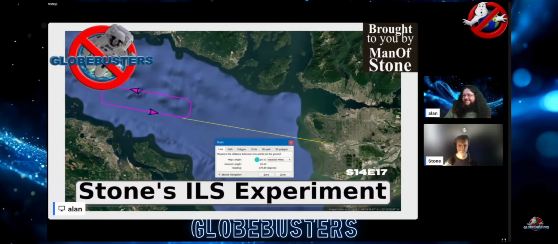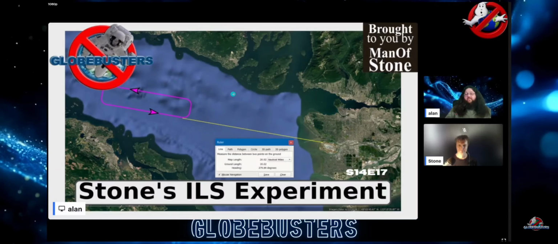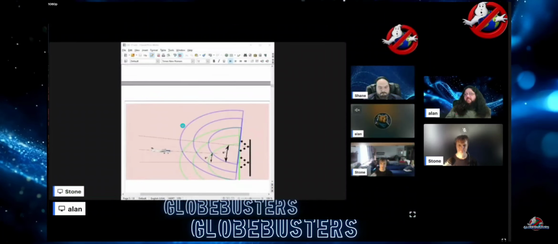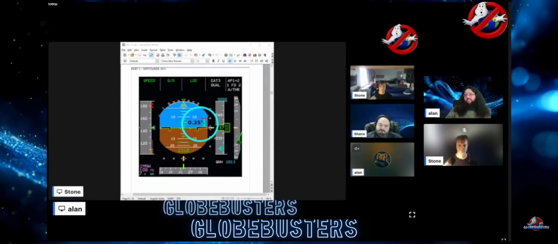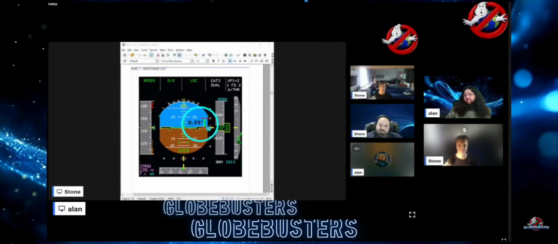All right, so we have episode 17, which is Stone's ILS experiment. Now this one is awesome because using plane radar, we have their three-dimensional position in space. Using their glide scope, here's what that looks like. Using cross intersections of radar that's being sent out at different angles as the plane's flying through it, we have their exact location, and so for distance-wise, we know where they're at relative to this radar system. Using their internal glide scope, we have their altitude based off of barometric pressure. We have their angle of ascent. And we have their distance, I believe.